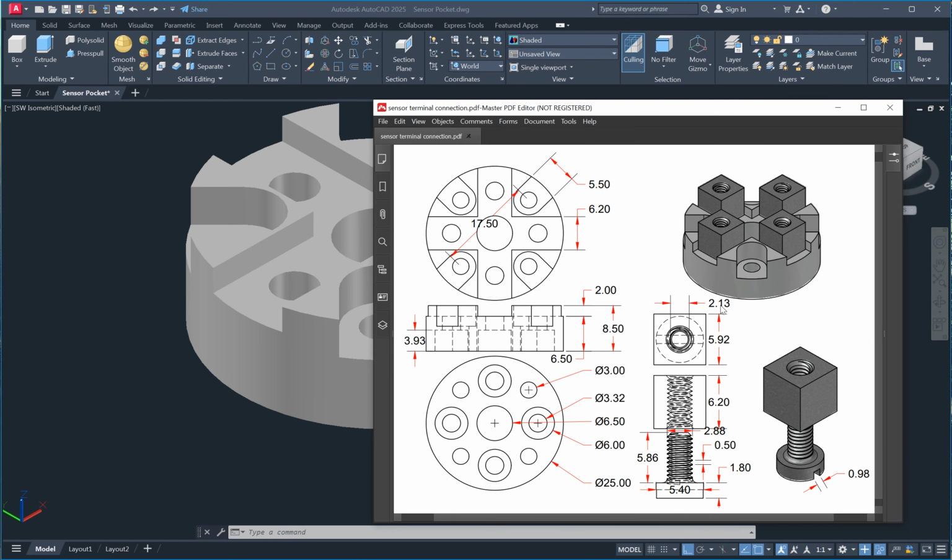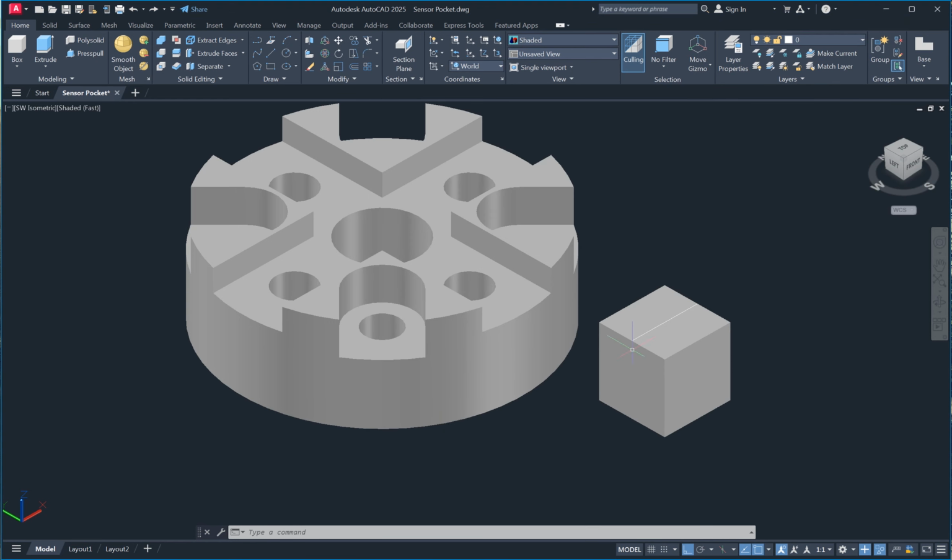So the hole is 2.13. We use command circle, specify center point for the circle. We click here, then enter 2.13, enter.